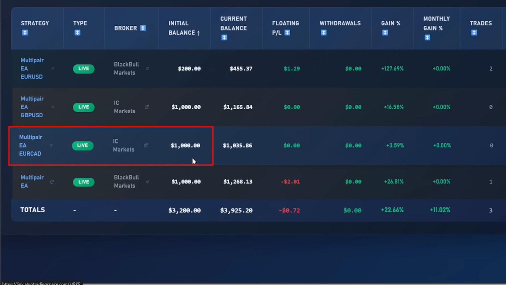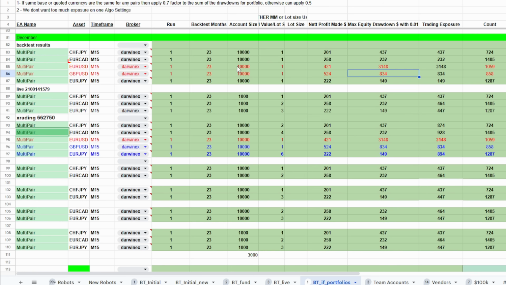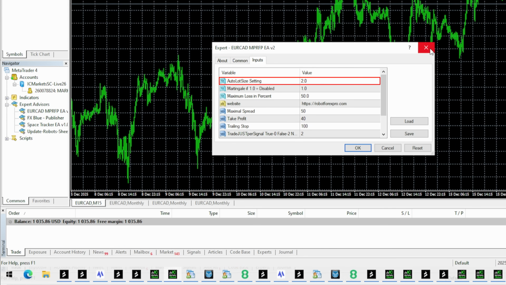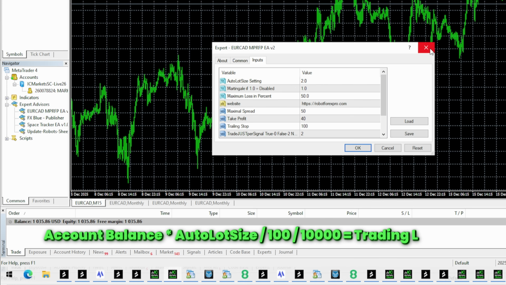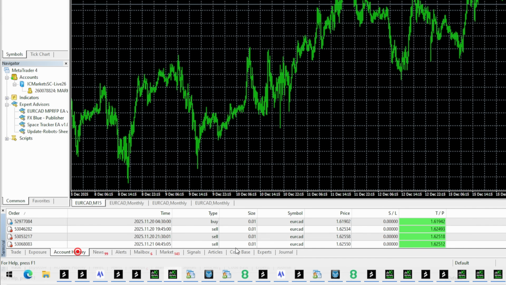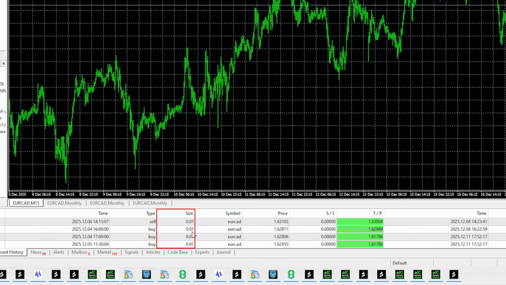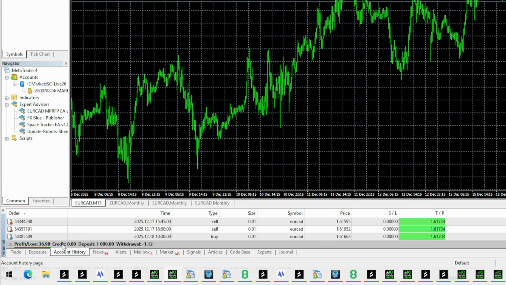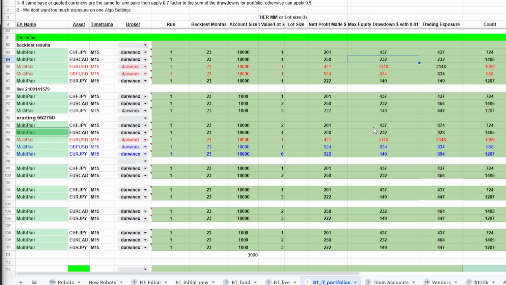Also the EuroCAD, I am trading on a $1,000 live account, but with the EuroCAD the drawdown is not so big, so we can afford more than the minimum trading quantity. And here is the account, so I'm trading with 2 as a value, or according to their formula that will be 0.02. Until the moment I was trading with the minimum 0.01, and it is going slowly on a profit. You can see that I have like $36 as a profit in this account, and I'm planning to start a new small $200 account for the euro yen